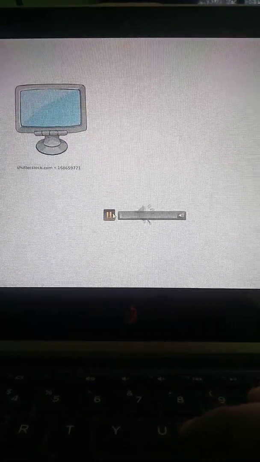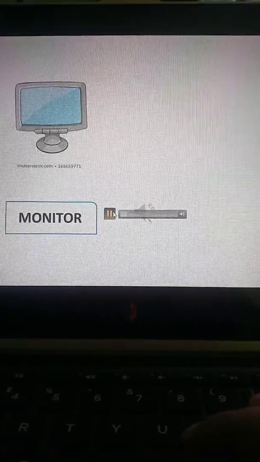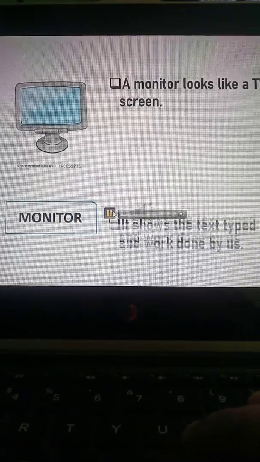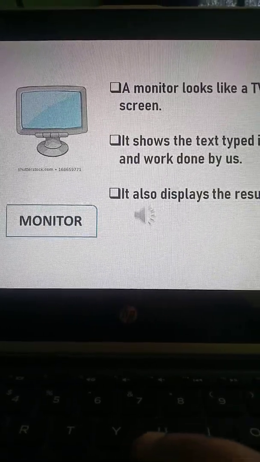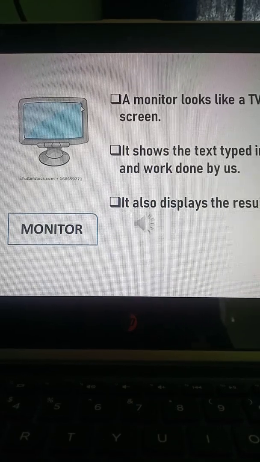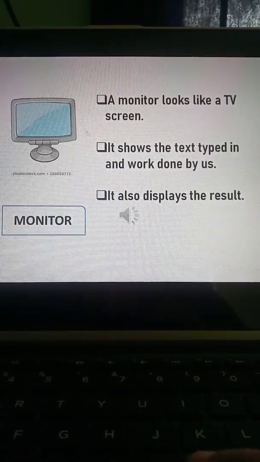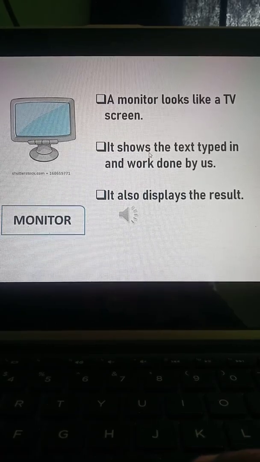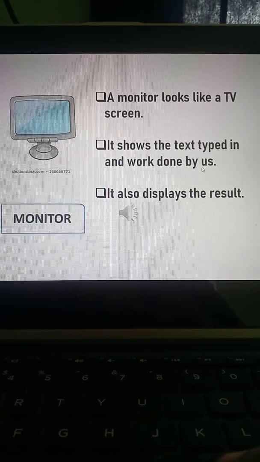So the first part which I am going to explain to you is the monitor. Monitor looks the same as a TV screen. It looks the same as a television screen. So what is the use of the monitor? We use the monitor mainly to show the text typed and the work which is done by us.